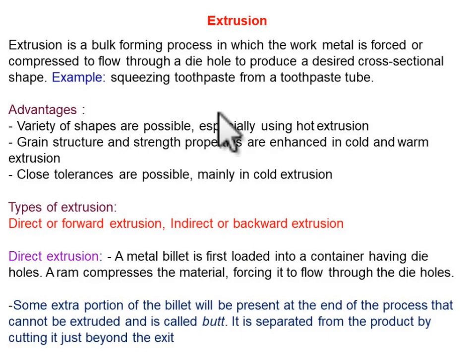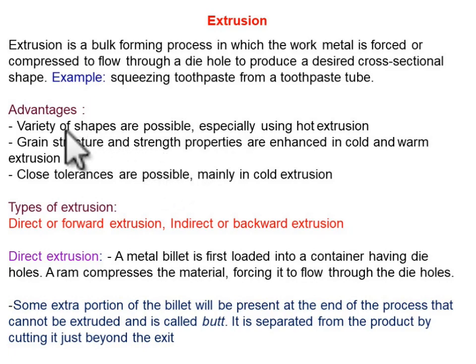What we do in the extrusion process is, we have a metallic billet, and we keep it inside a die, and we apply force from one side, and we provide a passage on the other side. When we apply force from one side, the material moves out from the other side of the die, and in this way we can obtain the desired shape and desired surface texture over the extruded part. This is basically used in a variety of processes for making tubes and rods.